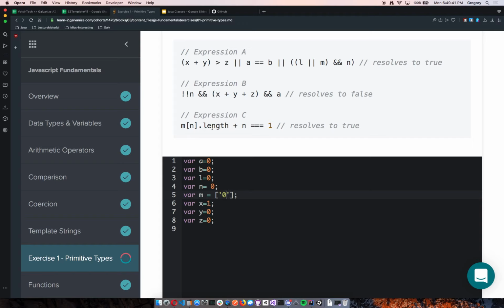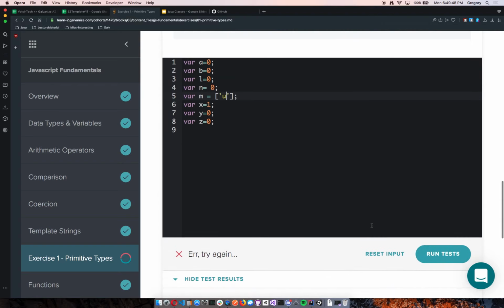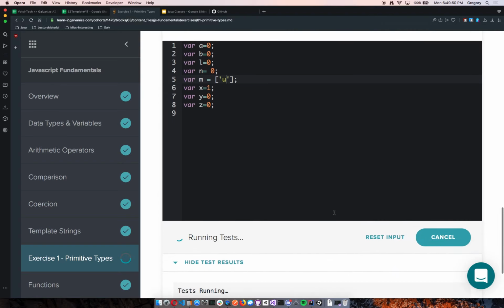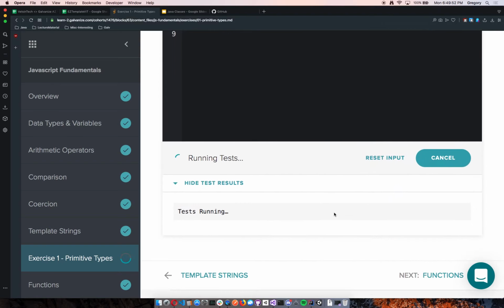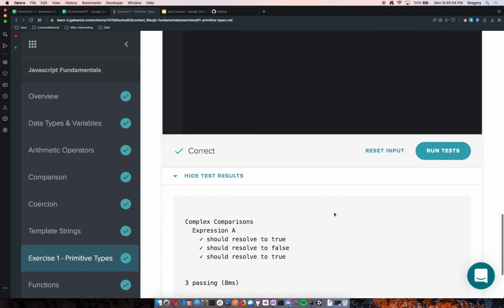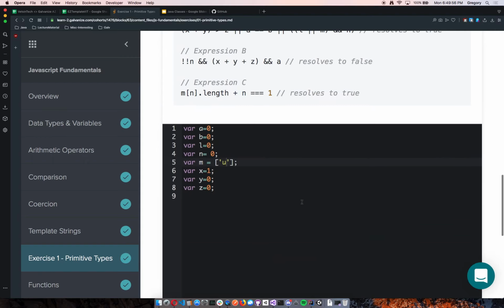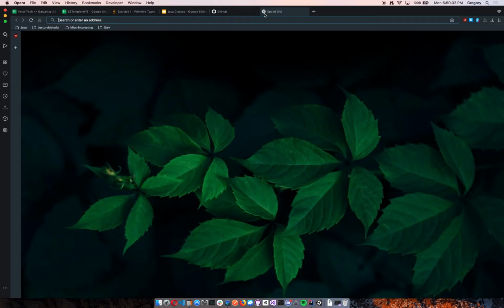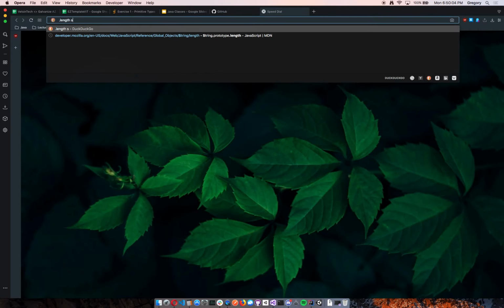So in reality, we're not actually using this. I think we're just using the actual string length itself. So I should be able to just put in a U there and have it still work, which it does. Because I'm calling the dot length method on this character, and dot length is a string method. If I type in dot length string method,